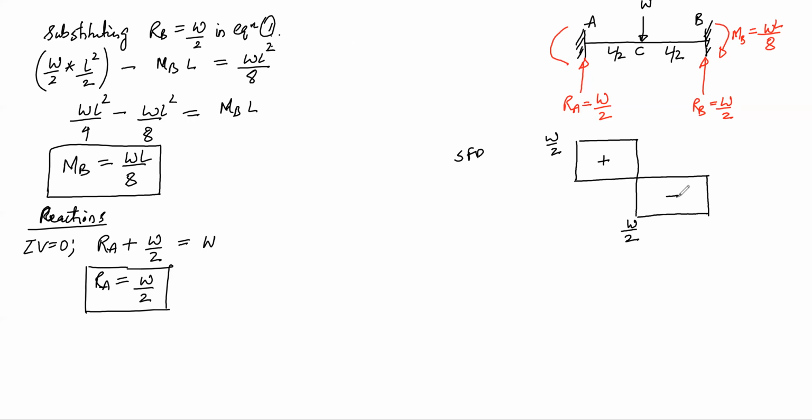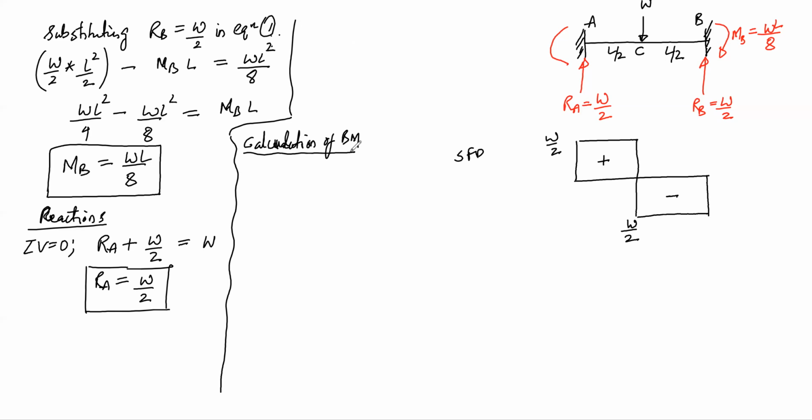Now to draw the bending moment diagram, you have to calculate bending moments at various points. So here we already know that MB is equal to WL by 8, and if you consider sagging as positive, here MB is a hogging moment, so this will be minus WL by 8, and moment at C will be